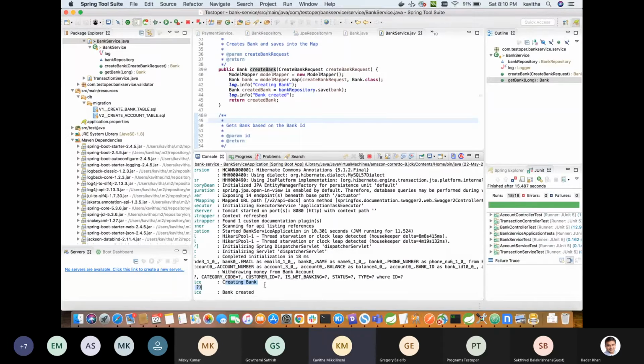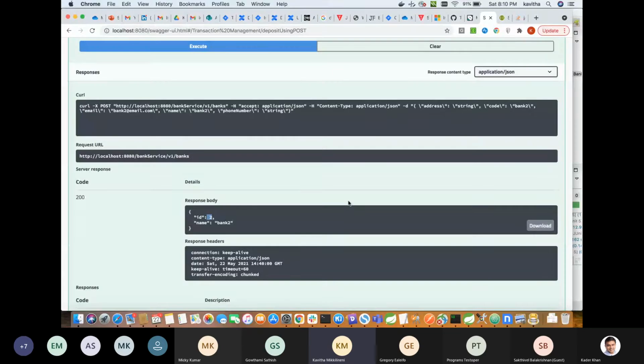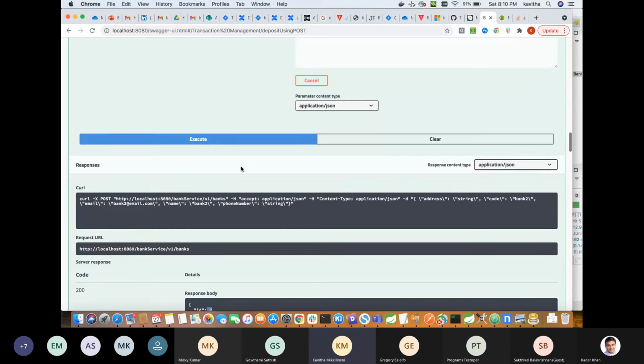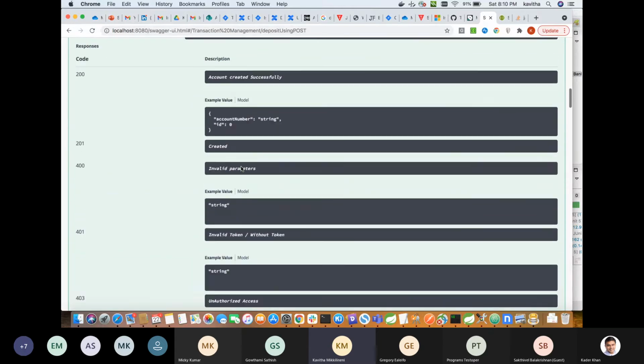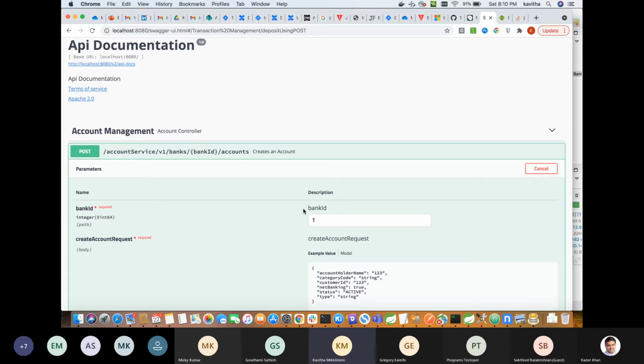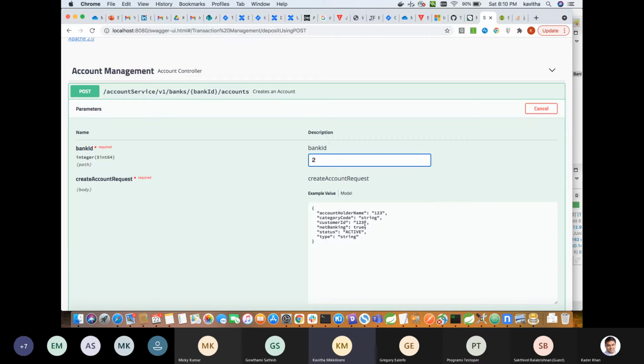So creating bank created. We are using this logos. Okay, so the repository dot save has been invoked. So now what I have to do is, now I have a second bank. I want to add some account into bank 2. Okay, so I'm using this account service which has been exposed here. This is my bank ID 2, and I'm going to insert